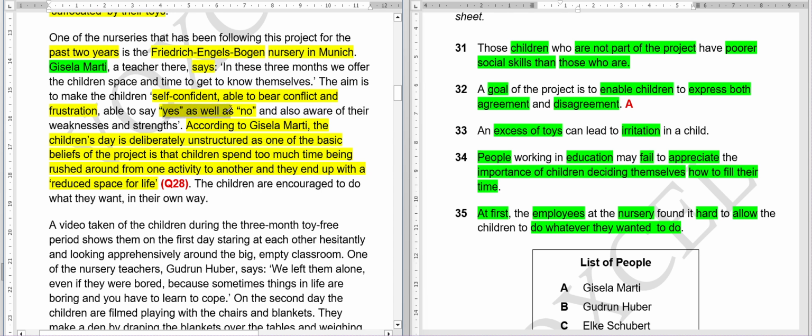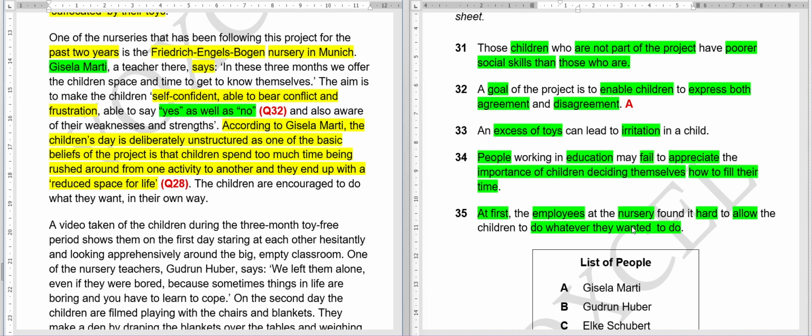Yes as well as no. So yes refers to your agreement and no refers to your disagreement. Good. I hope it is clear. Apart from that, is there any other thing? There is no excess of toys. There is no failing to appreciate mention or something like that, and there is nothing mentioned about employees